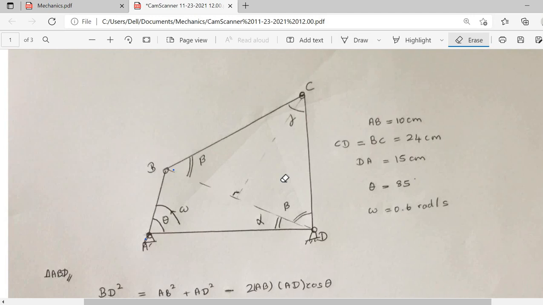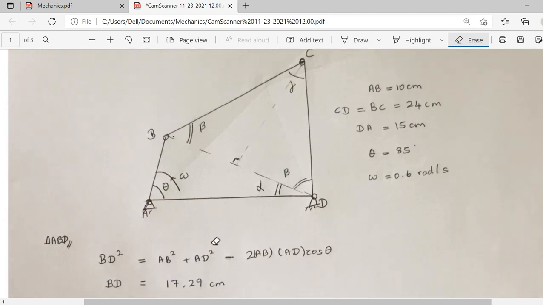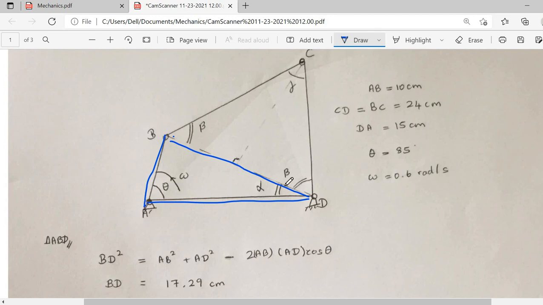So let's move on to this calculation. First of all I'm going to find the value for BD. Why am I going to find this value for BD? The reason is I already know the value for AD as well as BA. For finding the value of alpha, we can directly use the sine method. So when we are using the sine method, we also know that we are going to use it as theta, so there's no problem.